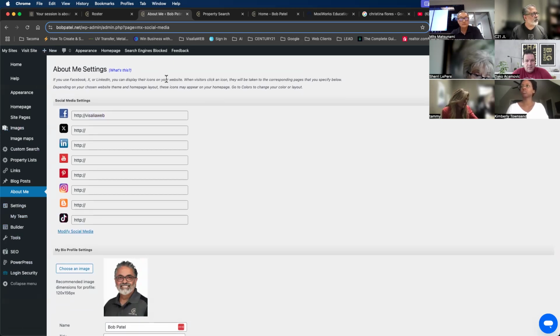And one of the things that most people forget to do is if you notice right on the top, it says search engine blocked. Most people will never uncheck that box. That means if Google bot or Bing bot goes at your site, it will not index it because you've told it block search engines. So the only reason you do that is because you're building your site. So you don't want it to index the content until you have it ready. To me, I would do it